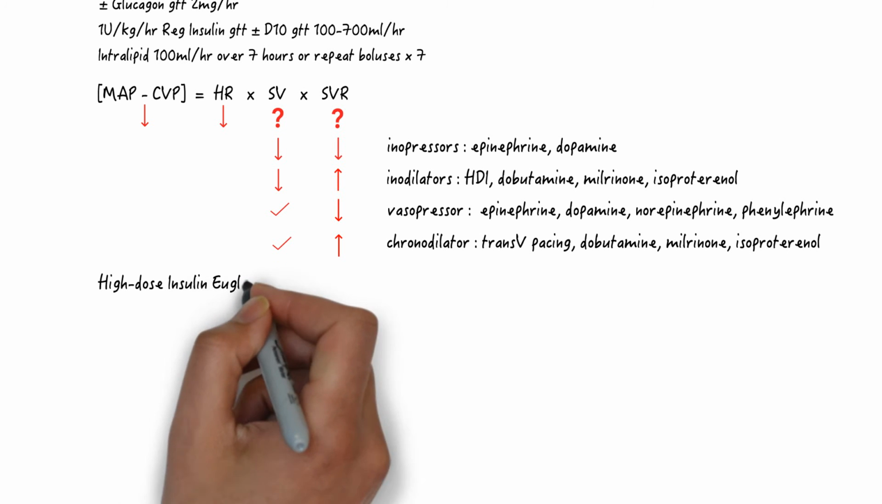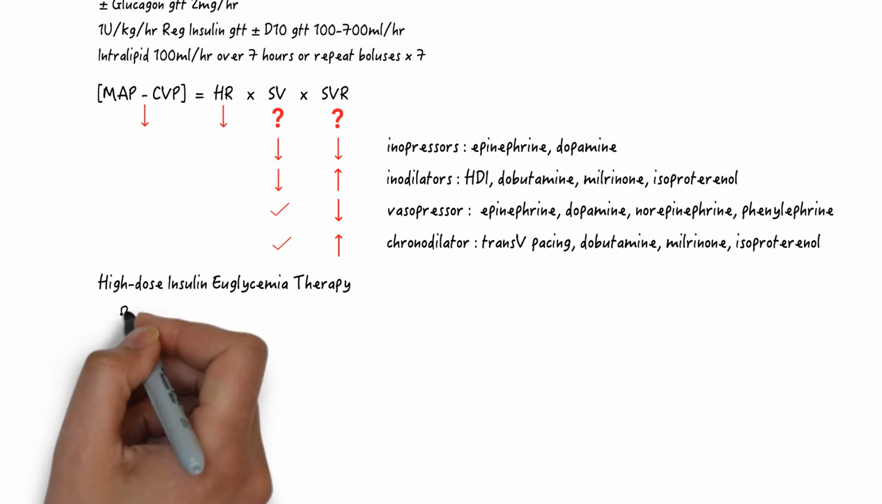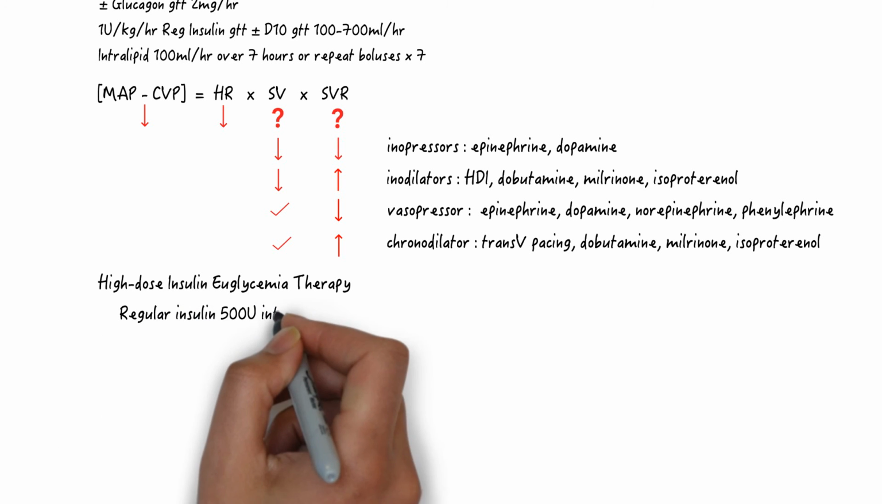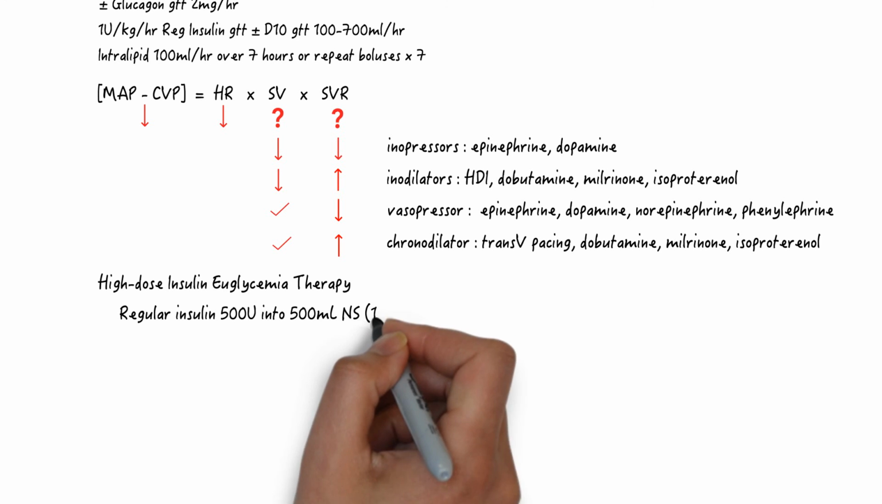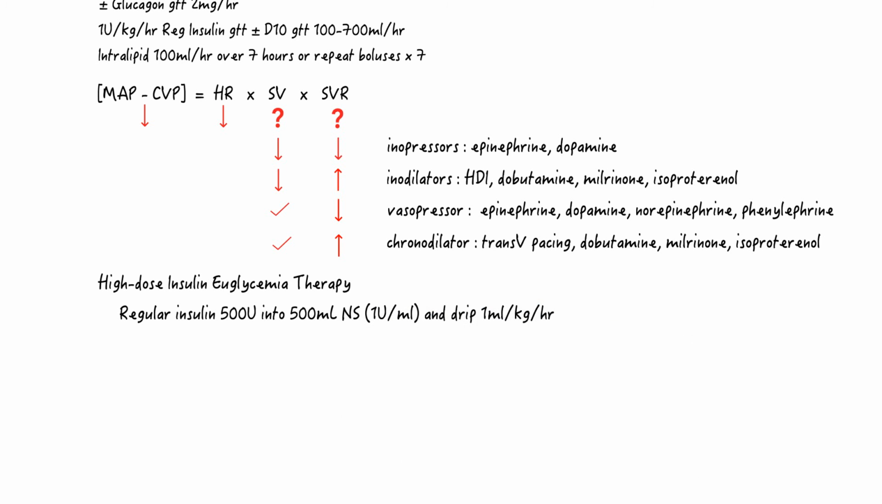It can be daunting to order 10 times the dose of normal insulin. Logistically though, it is very simple if the glucose and potassium are monitored closely. This therapy is also very safe and well tolerated. After a bolus of 1 unit per kilogram of regular insulin, inject regular insulin 500 units into 500 mils of normal saline. This produces 1 unit per mil of insulin, and drip this at a rate of 1 mil per